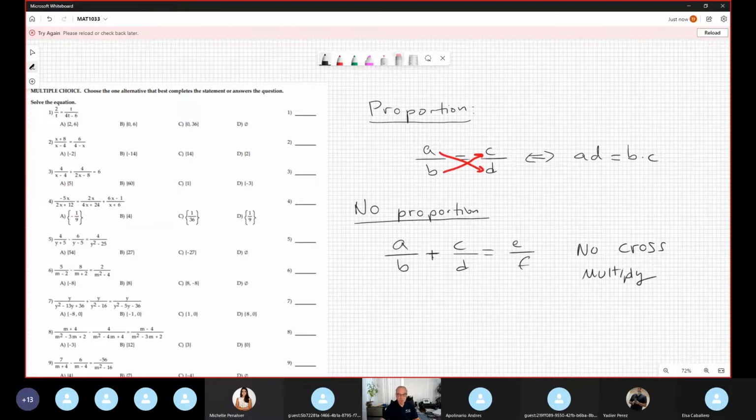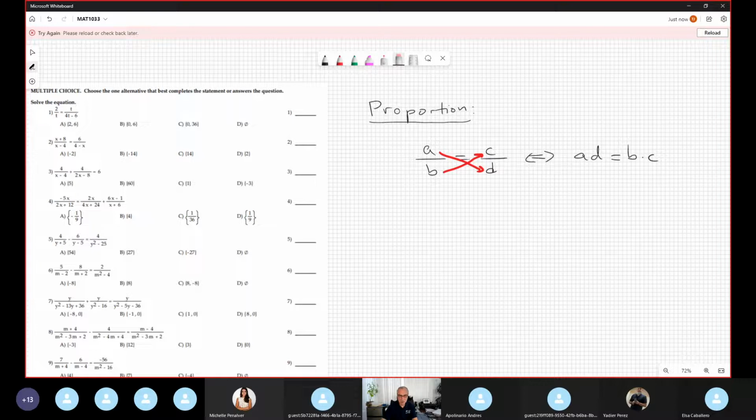Okay, let's do it. Let's start with the first example. So, what should I do here? LCD. And with the LCD, set up restrictions, then multiply the entire equation by the LCD. You obtain an equivalent equation, easier than the original, but be careful with the restriction. This is the new thing. Believe me, this is not new, guys. Some